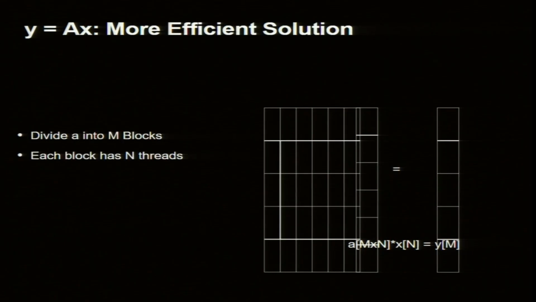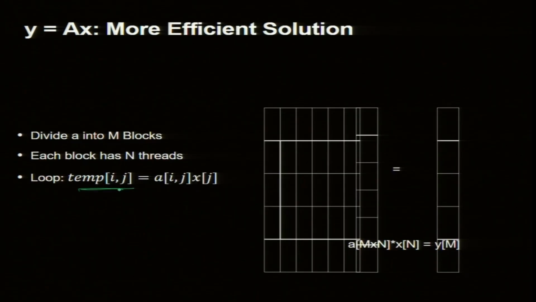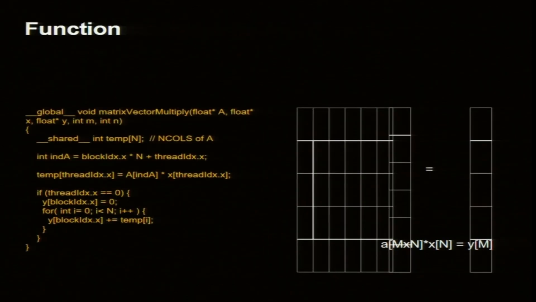Okay, done. The better thing is, as I said, to use n threads per block, and use a temporary location in shared memory and sum. I am going to multiply, but keep it in temp memory and sum. These will be parallel, and yi is the sum. So, this is the function. I create a shared array temp of size n, and then I do the same operation.